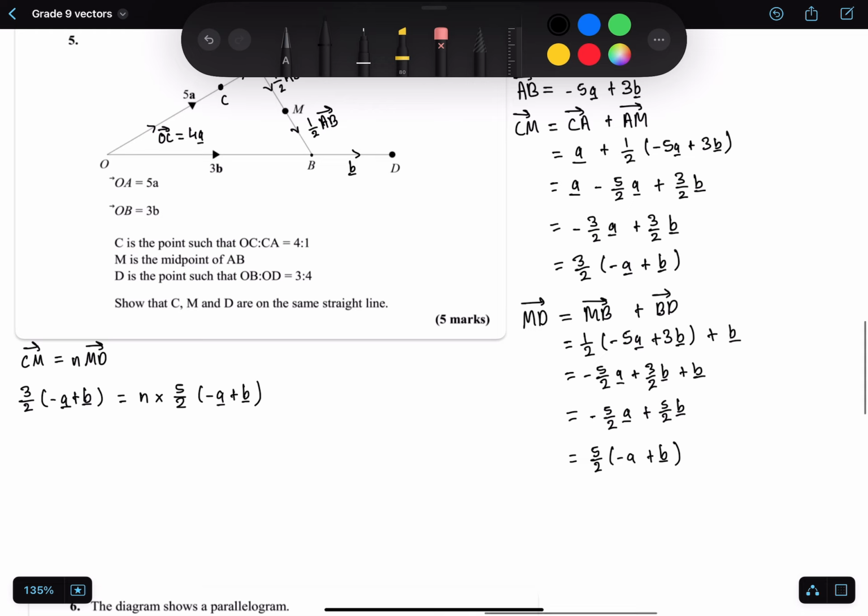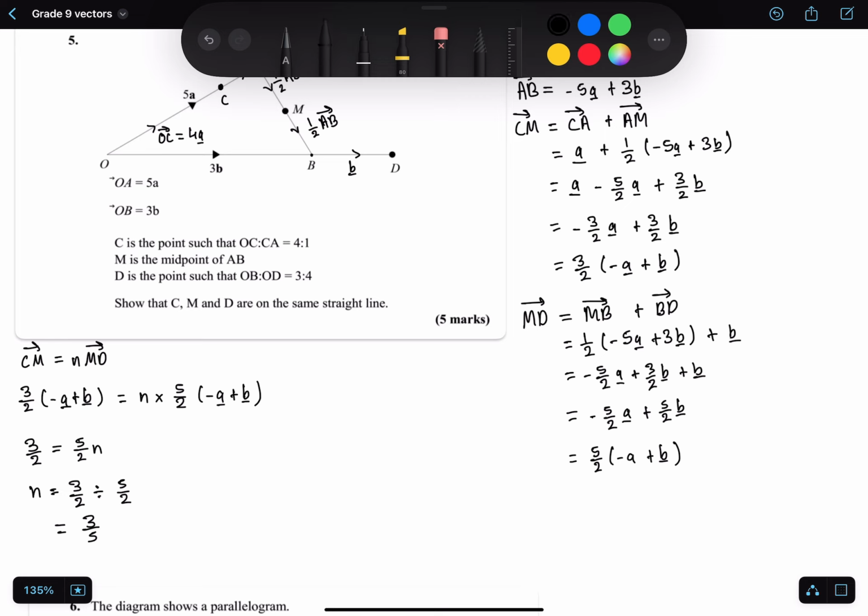If we just do 3 over 2 equals 5 over 2 n, because we can cancel out the minus a plus b parts, we can do n equals 3 over 2 divided by 5 over 2, which will give you 3 over 5. So now that we know that CM equals 3 over 5 times MD,